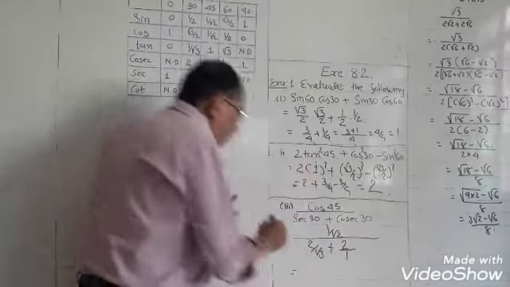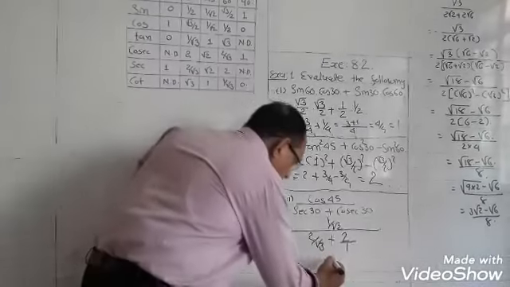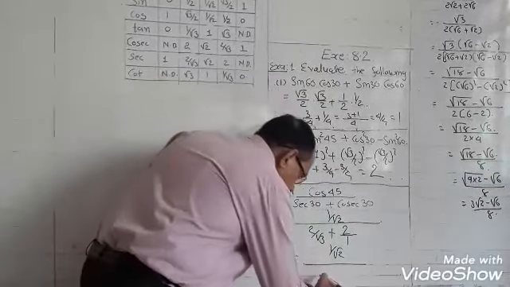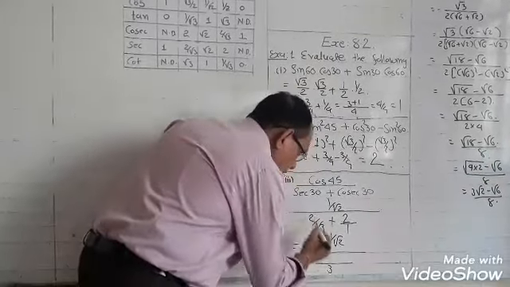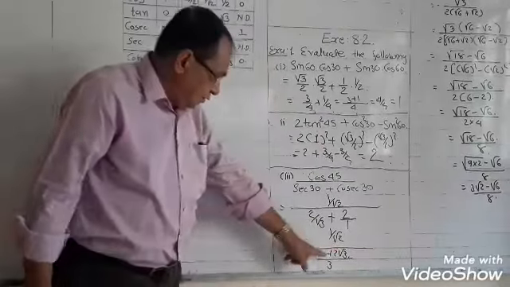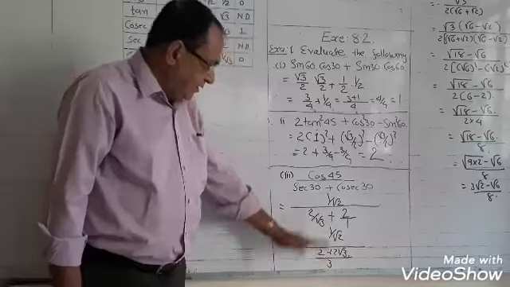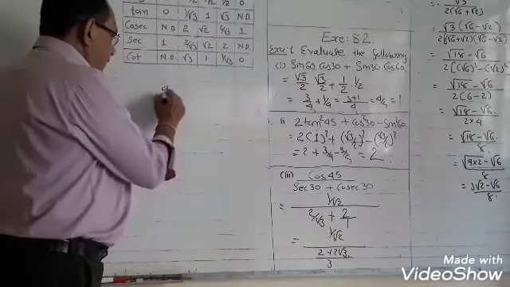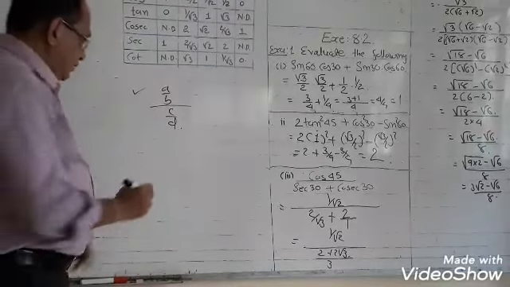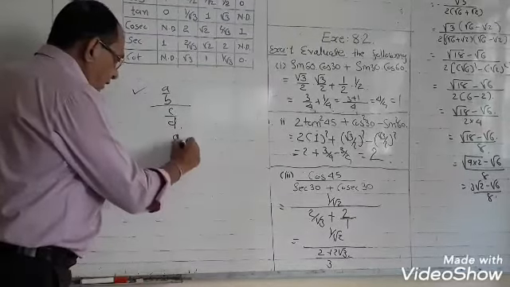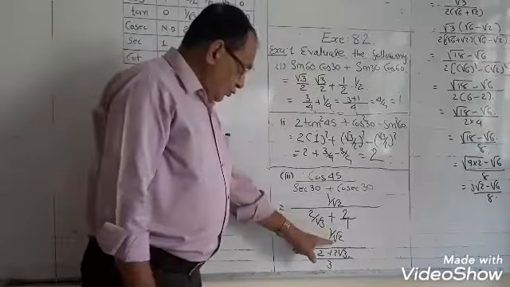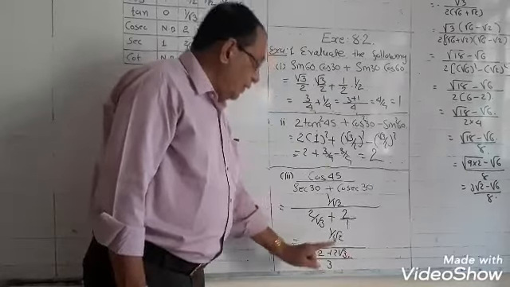Now you have to simplify it. 1 upon 2 root 2, whole upon root 3 is your LCM. So here 2 plus 2 root 3, 2 plus 2 root 3. Now I will take it here. If A upon B upon C upon D, please keep this in mind carefully: A upon B, D upon C. Okay, 1 upon root 2, plus 2 root 3 upon 3.